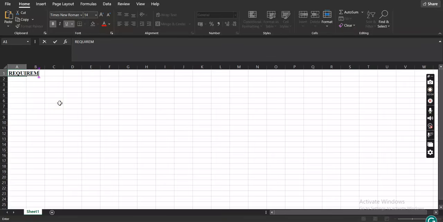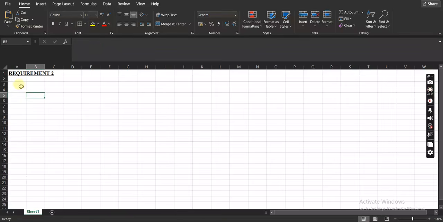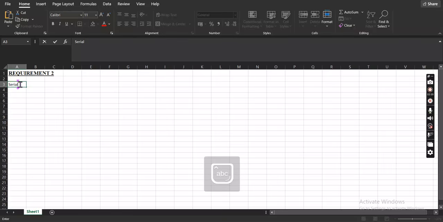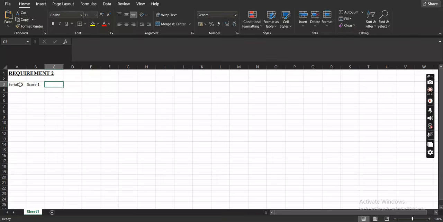So let's assume the heading of this is requirements. Let's just assume that's the name for this, and then you want to create your table. Now assuming your table needs a serial number, score 1, score 2, total, and the likes, you're going to give all those boxes headings. So what you do here, you type serial first thing, then possibly score 1, and this is score 2, and this is total,